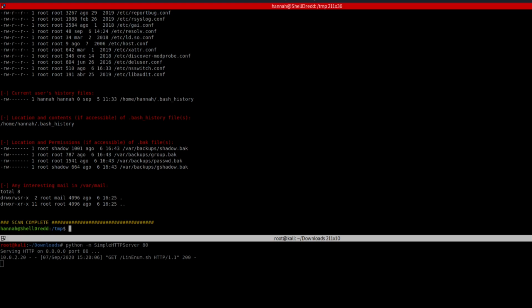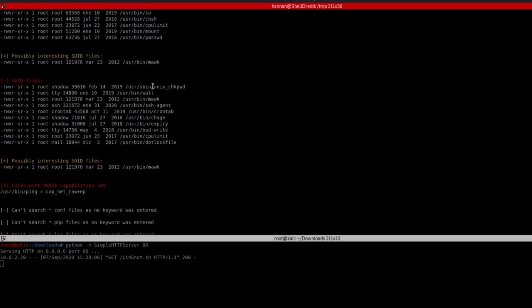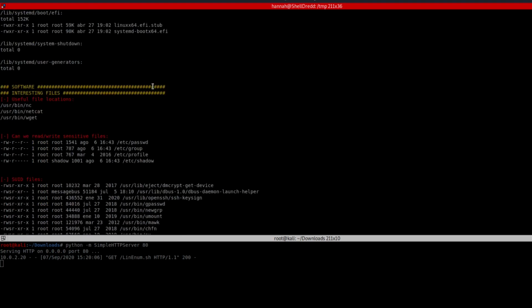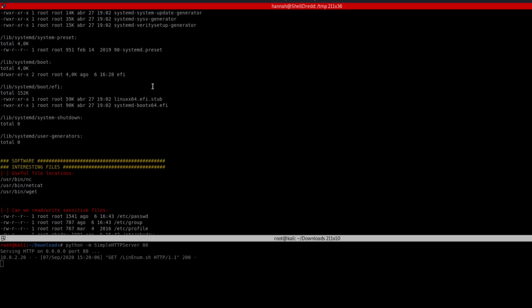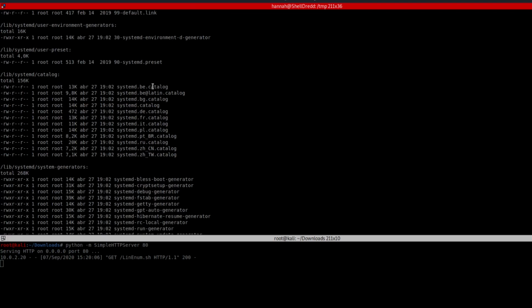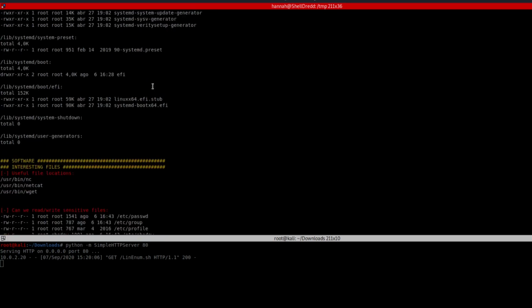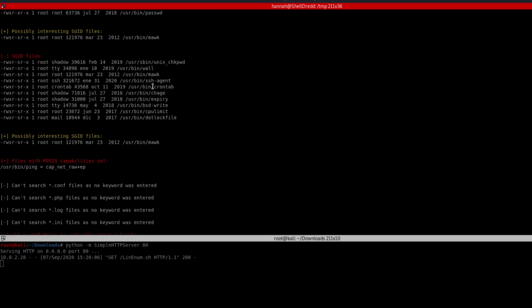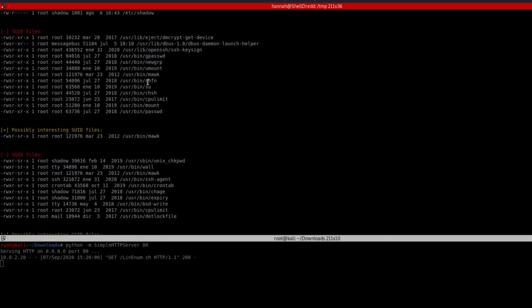So now this is the result that you'll get after executing the LinEnum.sh script that I've used here. That is a very handy script that you can use for privilege escalation. I generally prefer this tool. So as a force of habit, I directly dive into the SUID and SGID permissions.